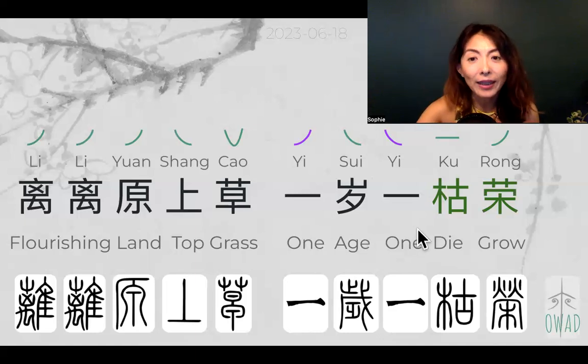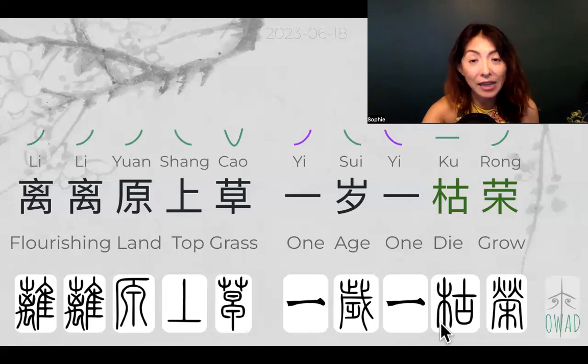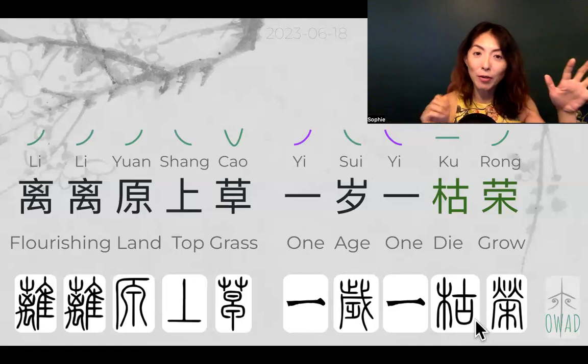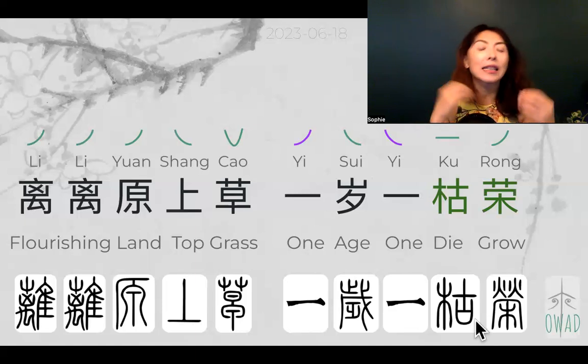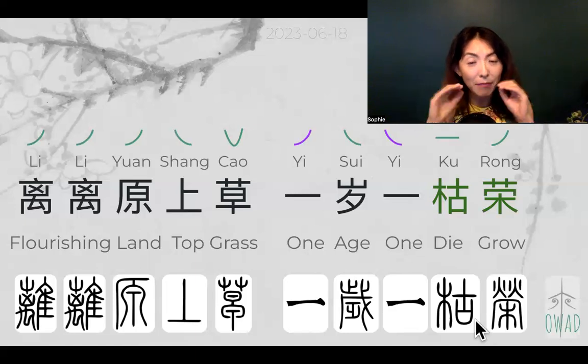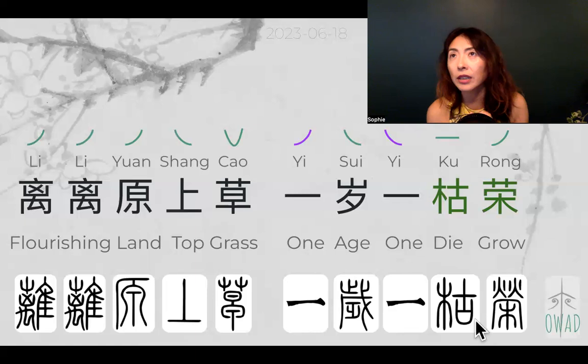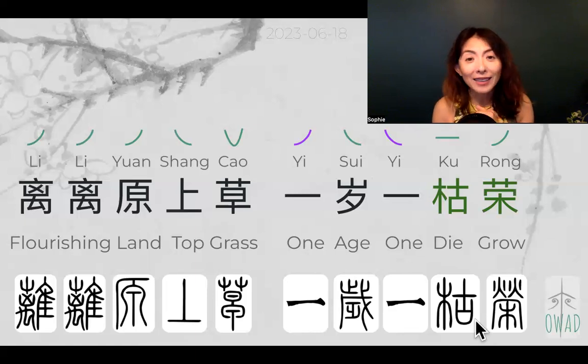Okay, that's 一岁一. And 枯荣, we talked about in the last episode. 枯 means it's dying, it's withering because it's an ancient tree. This is a tree symbol. And then 十, mouth, means some knowledge or legend passed from one generation to another, because before written language, it's verbal communication. So there's a verbal history or knowledge passed down through 10 mouths, 10 generations. And that means it's a pretty long time span. I'm thinking 10 generations in ancient time scale is probably at least 100 years, right?